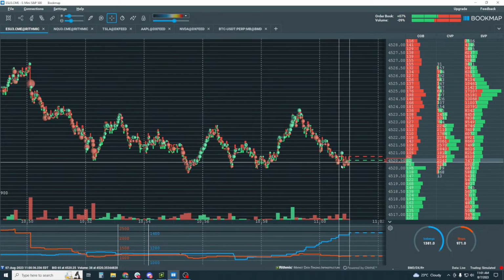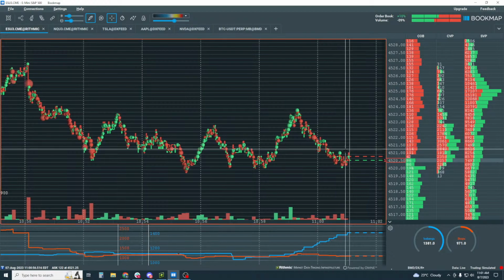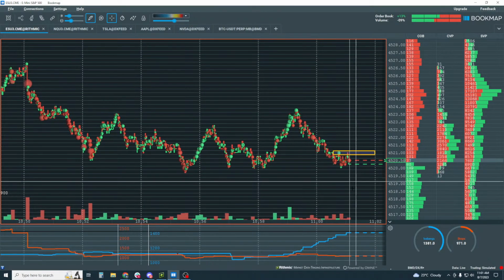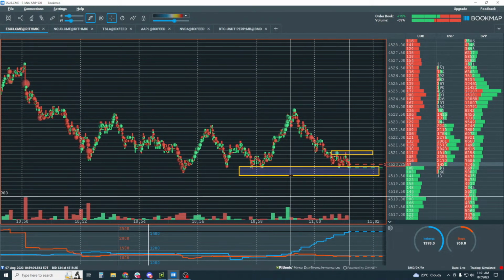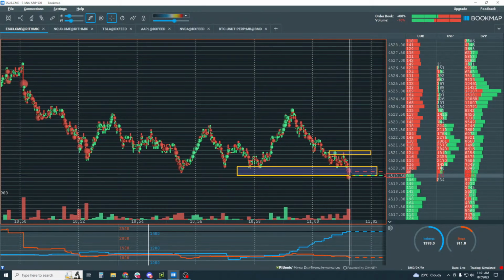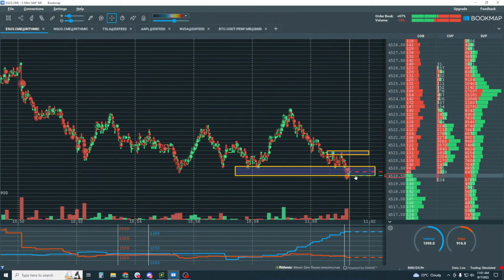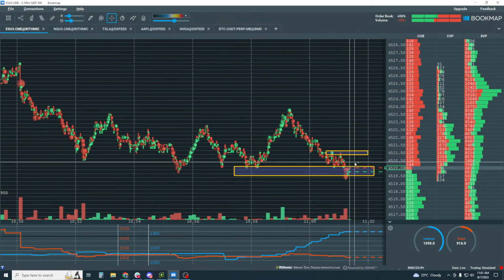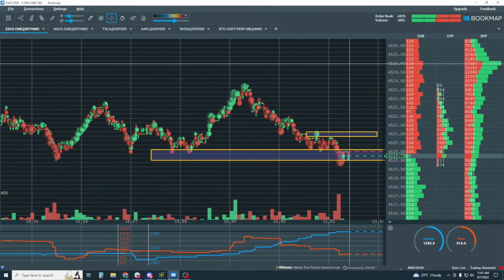Okay, now what are we looking down here for? This is what we're looking for. We're looking for buyers here, right here. And in fact, what we would love to see is sellers down here. Now this is actually something that, and there they are. So let's see if this is a false breakdown. Okay, we also have some icebergs underneath here. And now we're looking to see if we can come back in here and get buyers and maybe trade back up to 25.